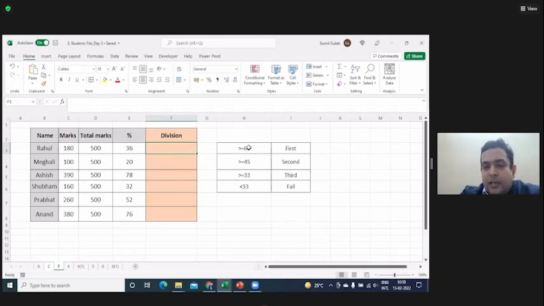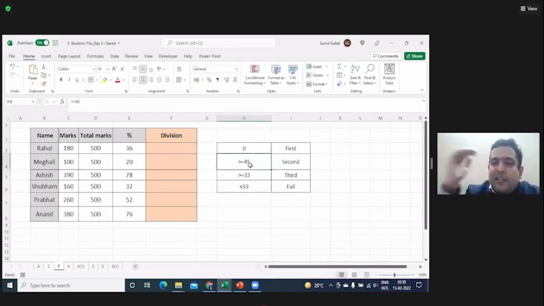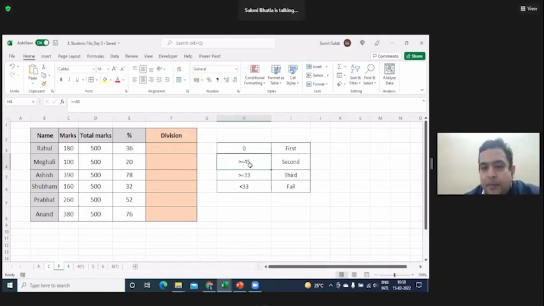Instead of these columns, what are the junction points? Is the first junction point at 0? The beginning point is 0, right? What is the first junction point where fail changes to first, second, third? What is the point? Greater than or equal to 33. Can I say 33? Yes, sir. The moment you touch 33, your fail will change to third. The moment you touch 45, your third will change to second.